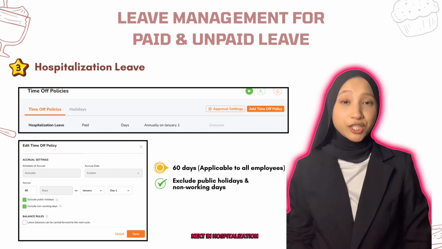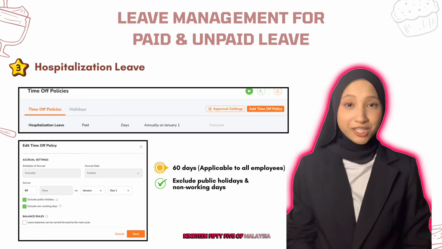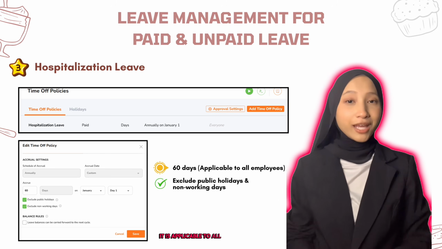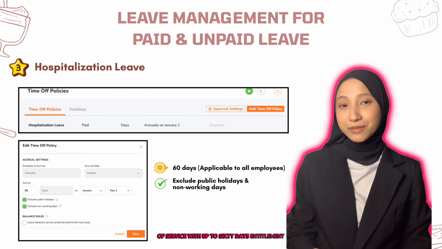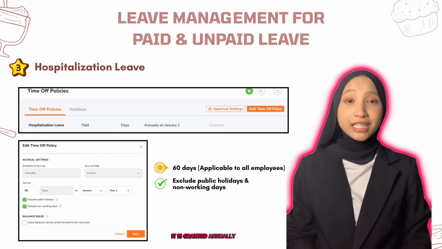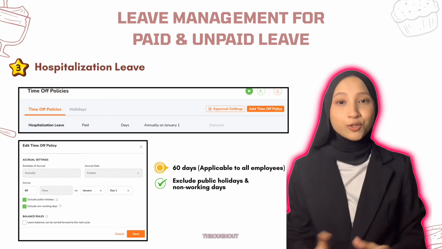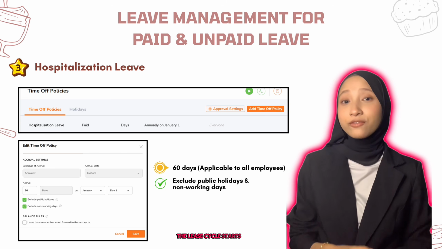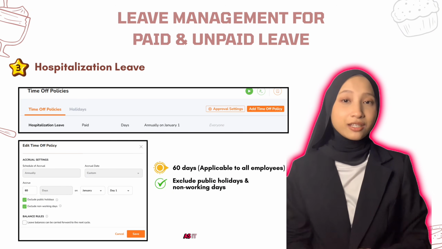Next, in hospitalization leave, we created it in accordance with the Employment Act 1955 of Malaysia too. It is applicable to all employees regardless of year of service with up to 60 days entitlement per year. It is granted annually to ensure employees have sufficient protection for long-term medical situation throughout the year. The leave cycle starts on 1st January and public holidays and non-working days are excluded as it only applies to